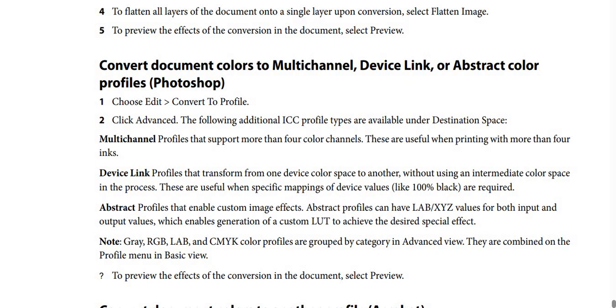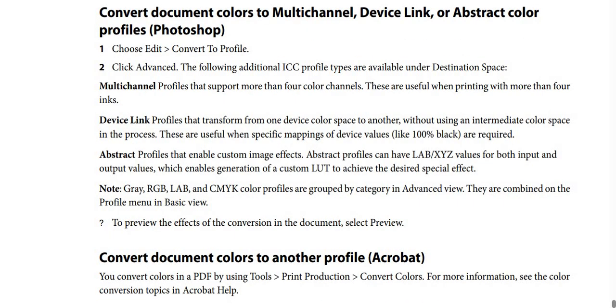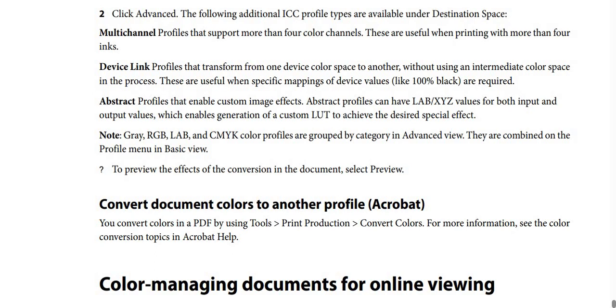The first option, multi-channel. Multi-channel means profiles that support more than 4 color channels. These are useful when printing with more than 4 inks. The second option, device link. Device link means profiles that transform from one device color space to another, without using an intermediate color space in the process. These are useful when specifying mappings of device values, like 100% black, are required. The next option,